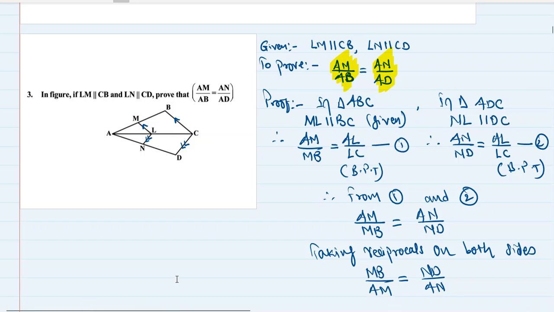If you don't note it down, then what will happen? You will never know how to write, what are the steps in writing a proof based on BPT or similarity or whatever. So whichever questions I'm doing over here, or whichever I'm leaving for you, you have to note down all the questions. Okay, so all the NCERT exercises will be noted down with you while watching the video,